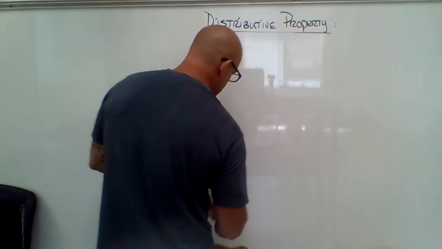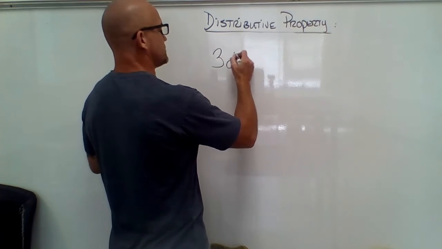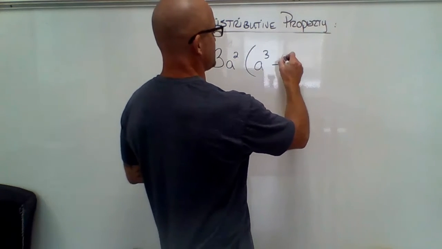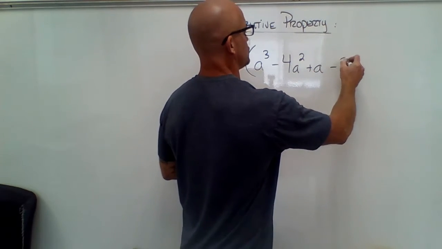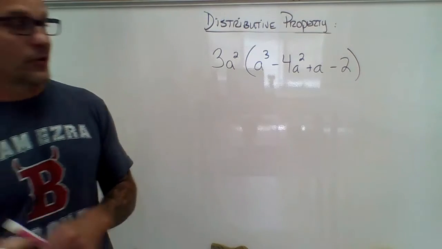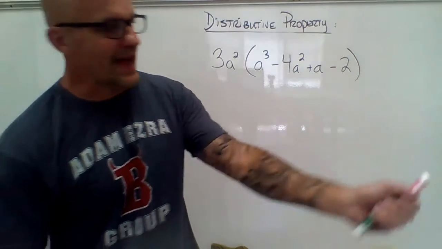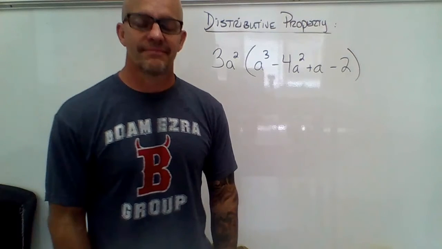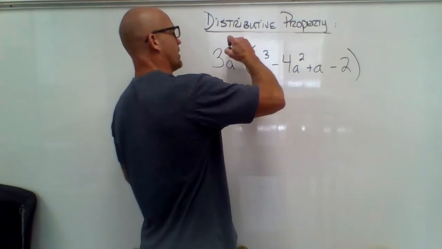This time, let's take something like 3a squared, and let's multiply that times a to the third minus 4a squared plus a minus 2. So we have a really large polynomial inside of this grouping, and we have a 3a squared that we're going to multiply. Once again, I cannot combine all this stuff in the grouping because I don't know what a is. So I'm going to get around that by using my rule breaker, the distributive property, and I'm going to distribute,